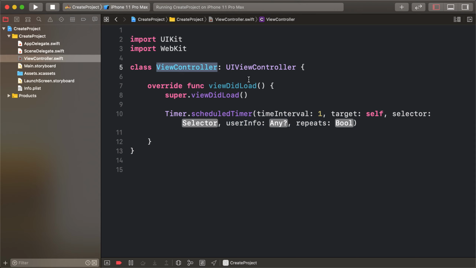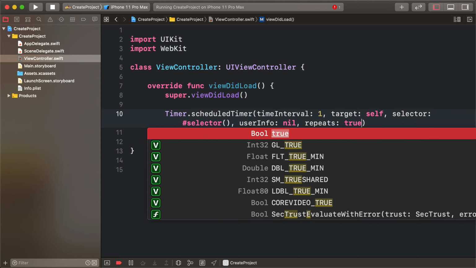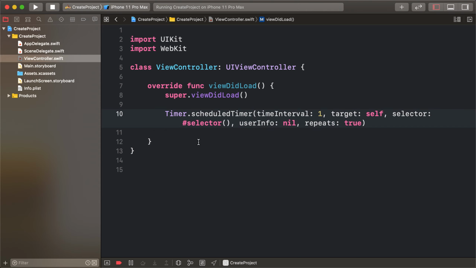So self, and selector as an Objective-C method, not userInfo. So the type is optional, question mark, so nil value, and repeats every 1 second. So repeats boolean is true. So create